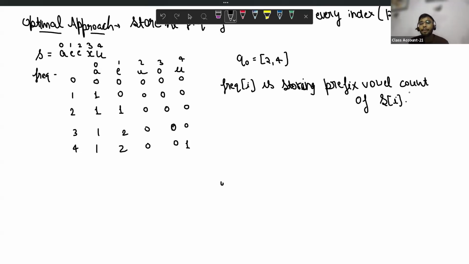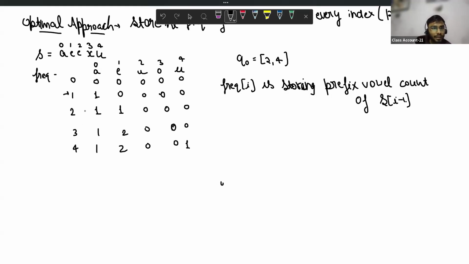If you get it, the complete question will be solved. Frequency of i is storing the prefix vowel count of S of i, not S of i but S of i minus 1, because the frequency of S of 0 will be shown in index number 1. You can see that A is 1, others are 0.